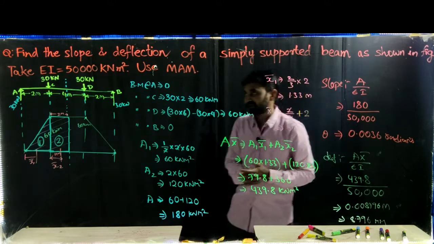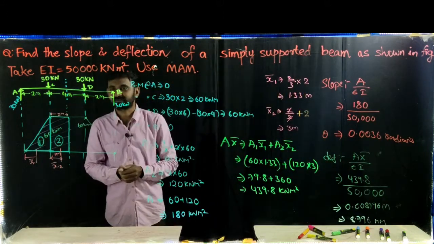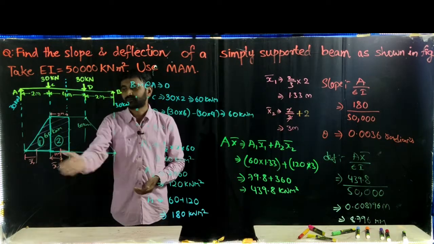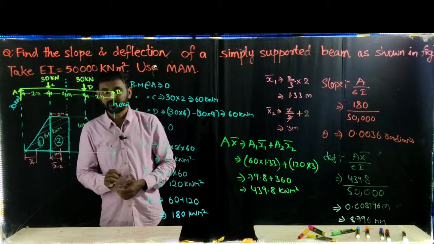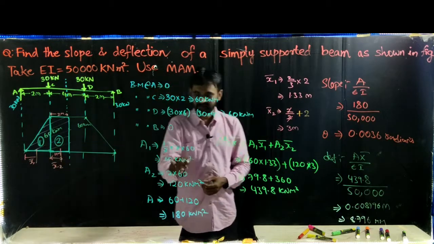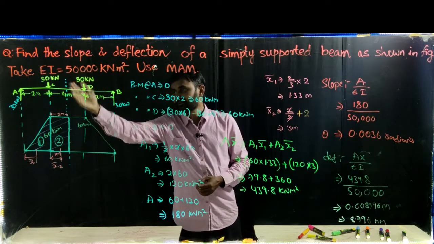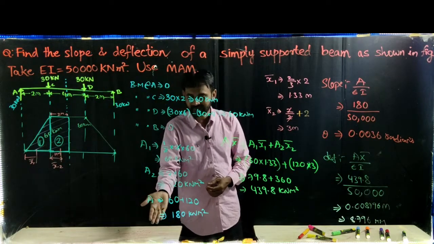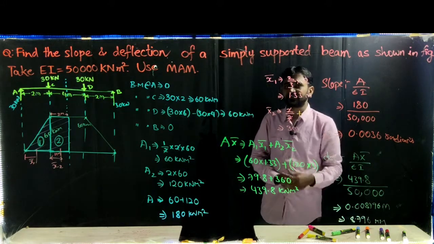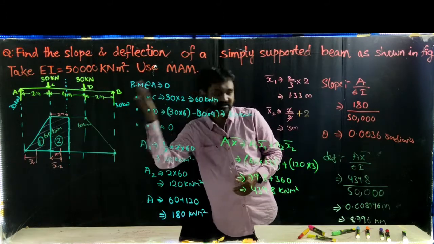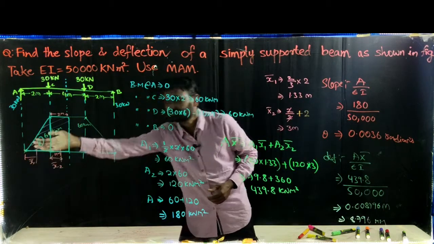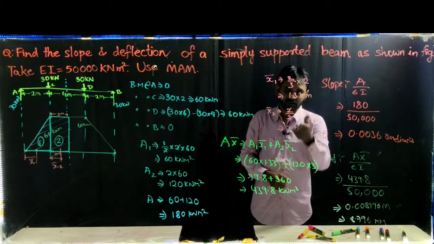And in this question I'll explain once again. In this question he gave you a simply supported beam with 2 point loads. First of all you have to draw the bending moment diagram. So this is my bending moment diagram. By calculating it I have to use some formulas. Now I have calculated A1 and A2, because it is a symmetrical section, so that's why I am taking it as half. Then I have calculated the total area. Then I have calculated x bars, x1 and x2. It's a triangle, so 2 by 3rd of the base. It's a rectangle, so b by 2. Whatever plus 2 is there, this is the extension of this. It means the problem will start from here, so you have to count that. So you got that plus 2, so you got 3 meters.